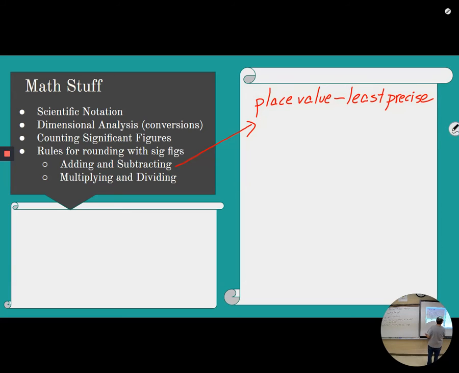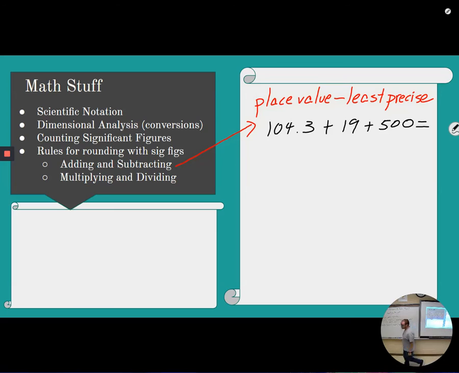So let's say, for example, that I am taking 104.3 plus 19 plus 500. The first thing I'm going to do is plug it all in my calculator. Even if I'm confident in doing it in my head, I know my head sometimes tells me lies. So I go 104.3 plus 19 plus 500. The answer my calculator spits out is